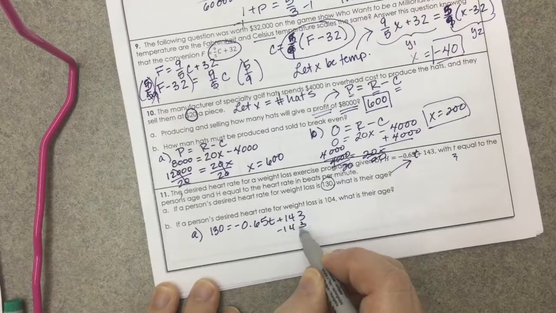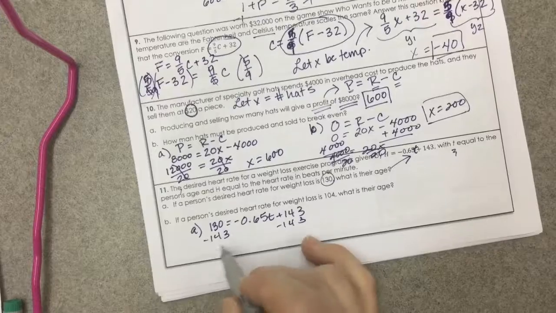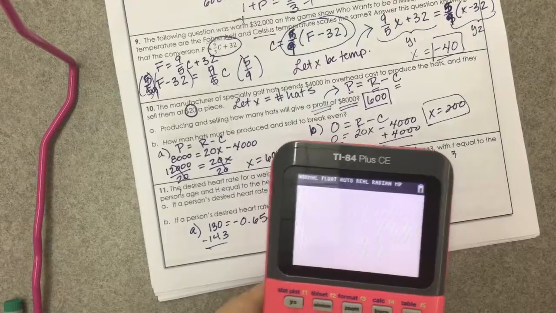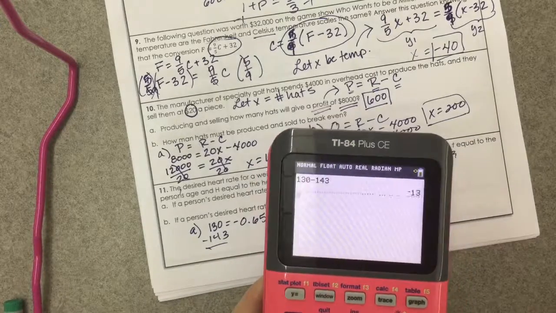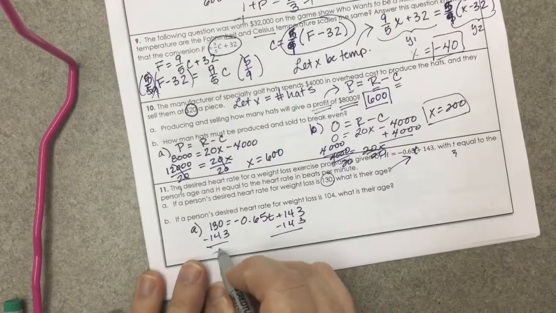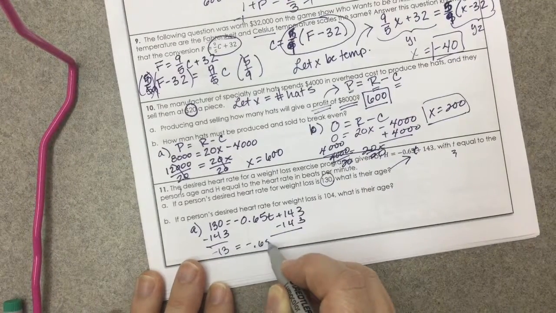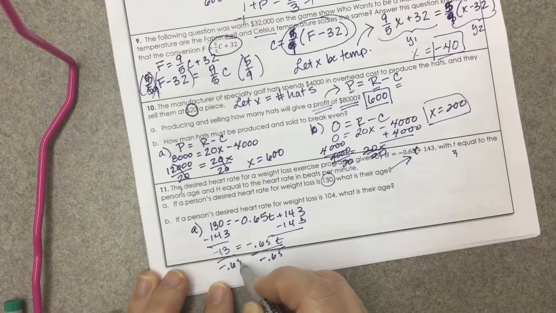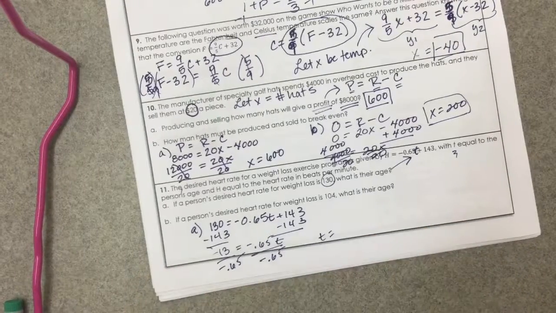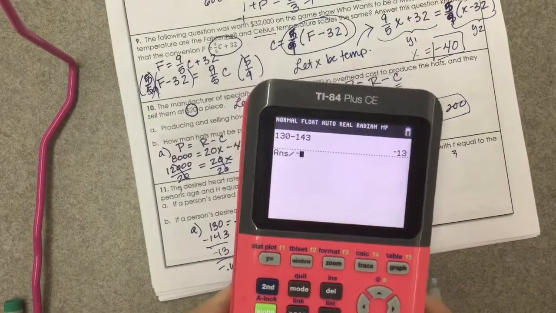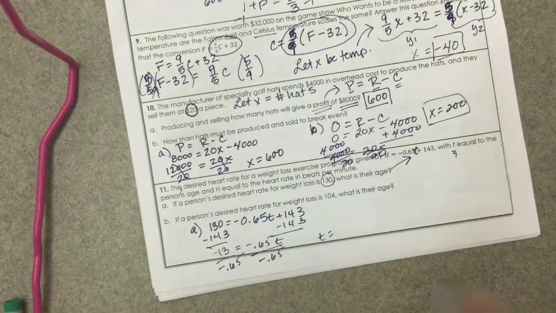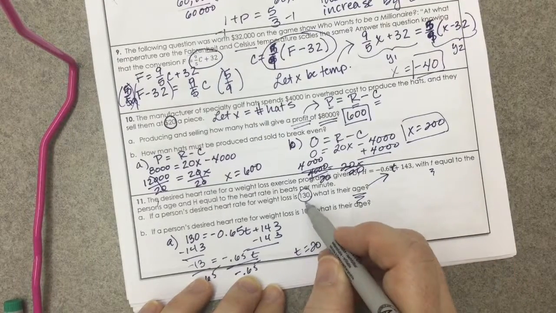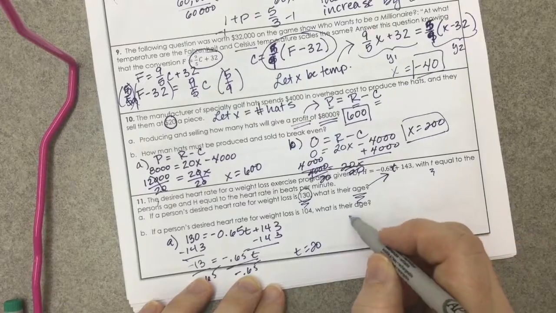So subtract 143. I get that 130 minus 143 is -13. -0.65 T. Divide by -0.65. And I get T is 20. So that means you have to be 20 years old in order to have a desired heart rate of 130